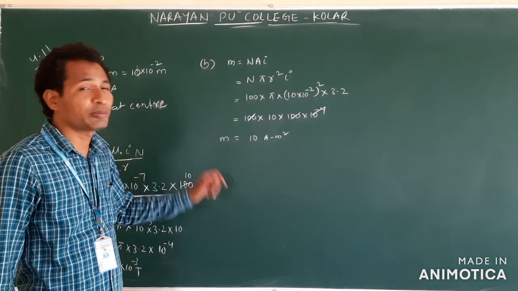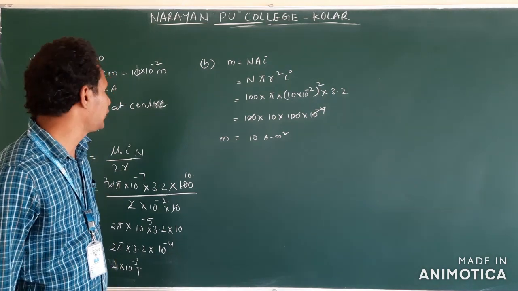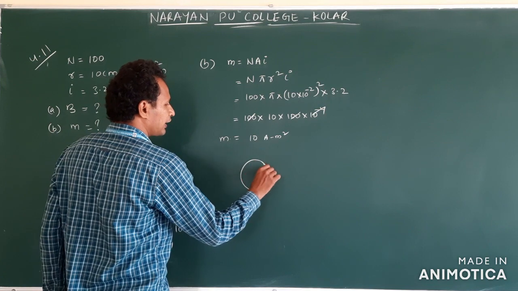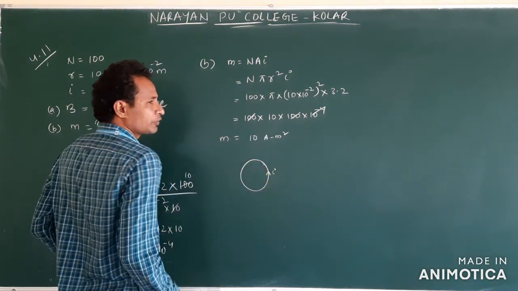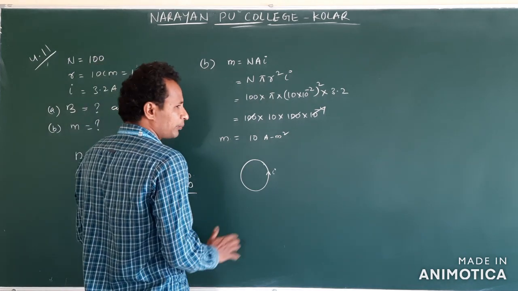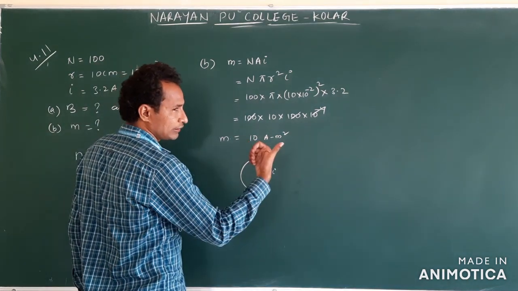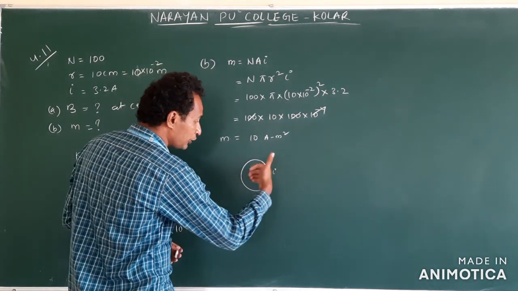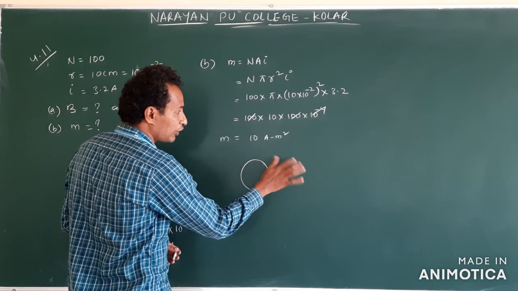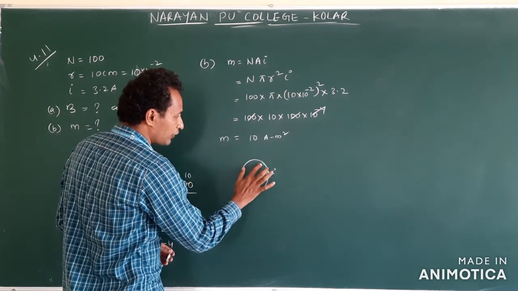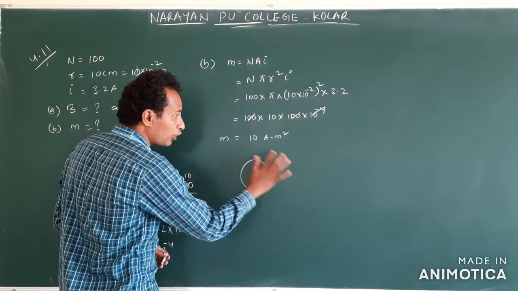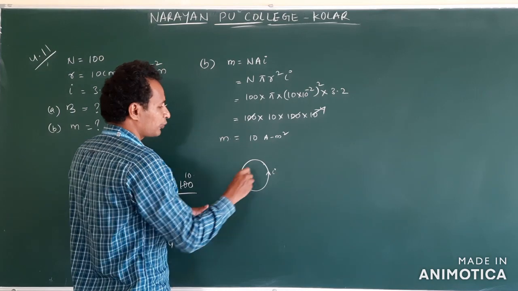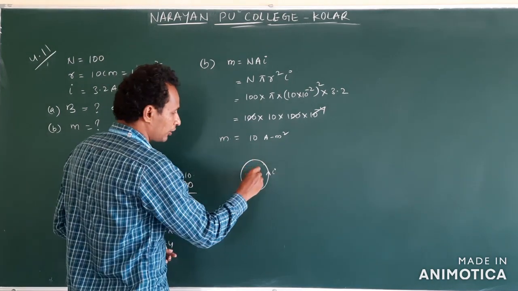Now, this magnetic moment direction, how do we decide? This is very simple. If you take any coil, any shape of the coil, if current carries like this, I, what do we take? We need to keep the thumb in the direction of current and curl the fingers into the area side. We don't curl outside. This loop covers the area, it occupies the area inside, not outside. So curl the finger into the area. Then this is coming out, which means the magnetic moment is coming out of the body.